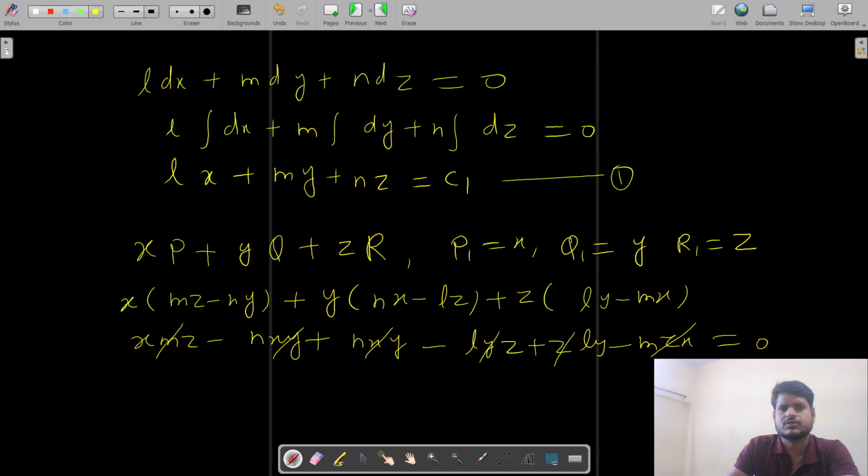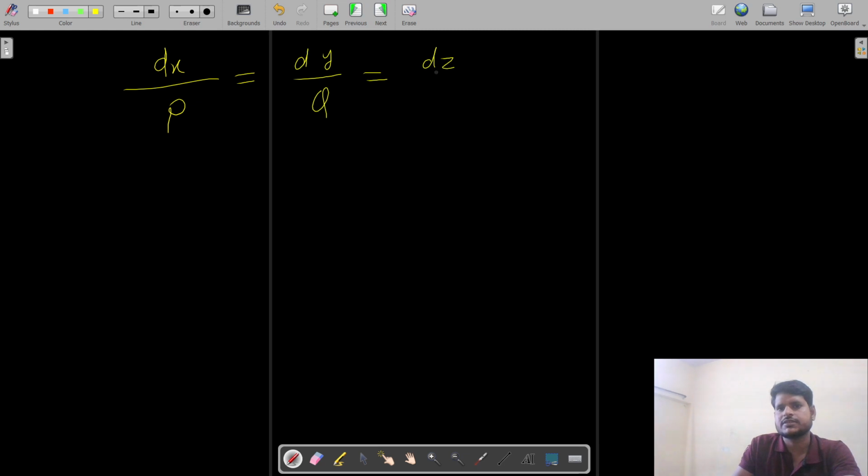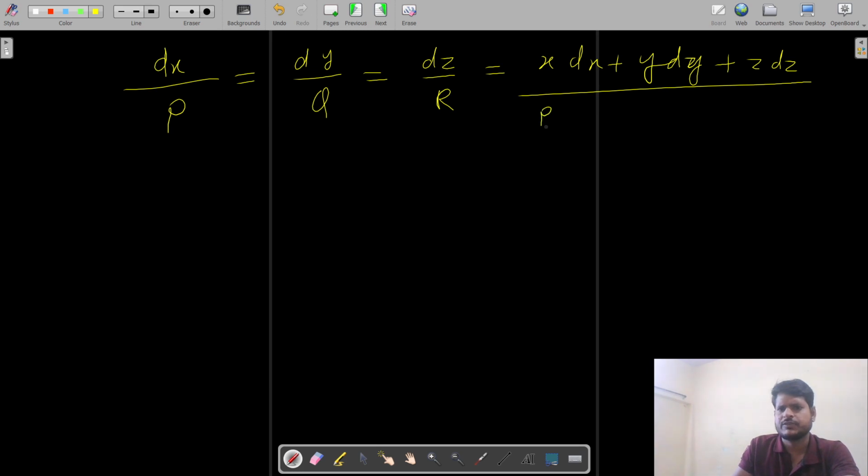We can write here dx upon capital P. I am not going to write the value of capital P. So in this case we have chosen x multiplier, y multiplier, z multiplier, so x dx plus y dy plus z dz upon P1P plus Q1Q plus R1R, and this expression we have made 0,